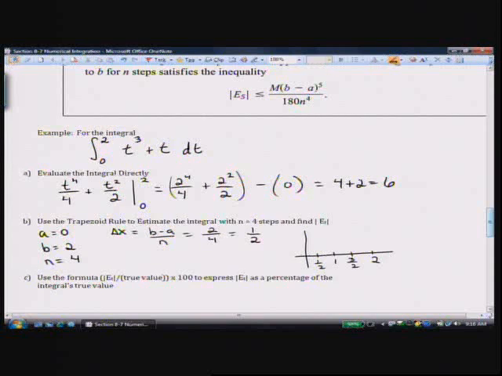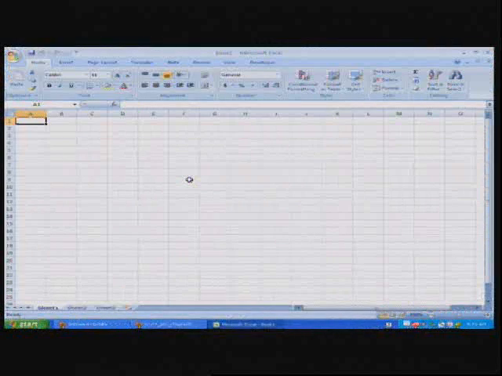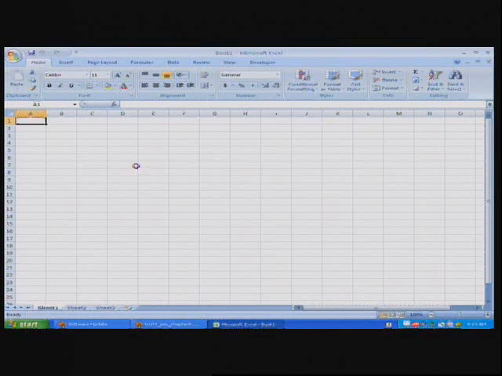So I'm going to switch over to this computer. This is Excel 2007, but it does all the same. It just looks a little bit different up on the top here, but otherwise it's the same. You'll see it okay? Okay, so what I'm going to do is go ahead and input my